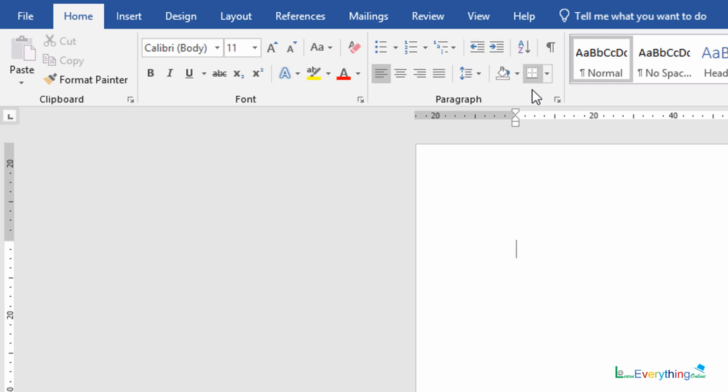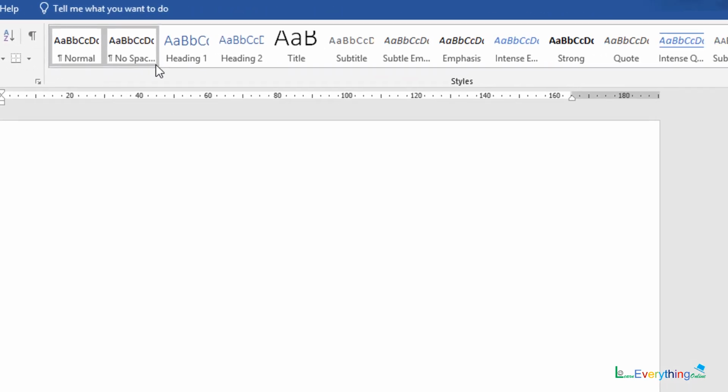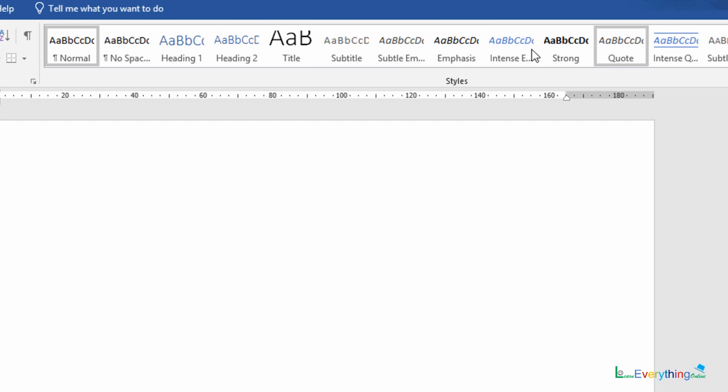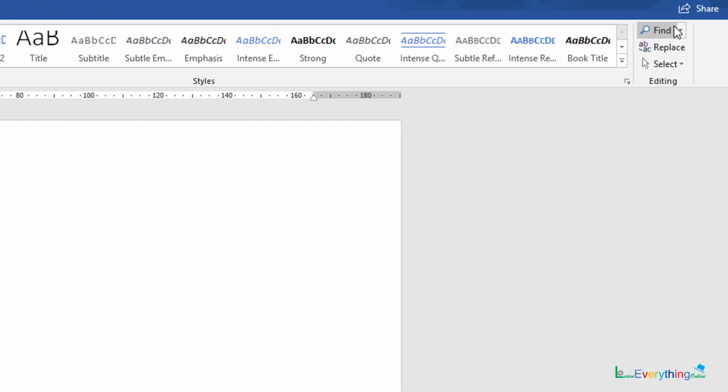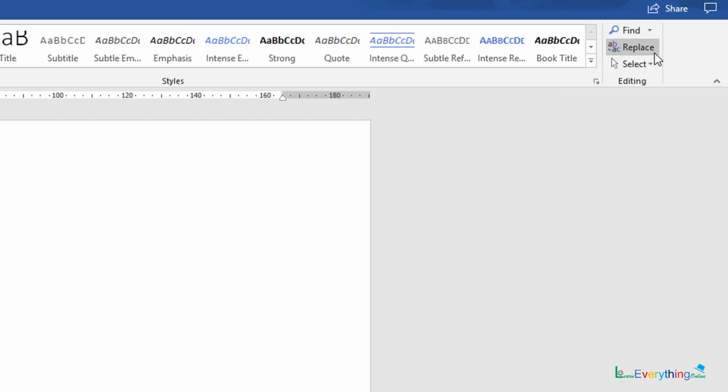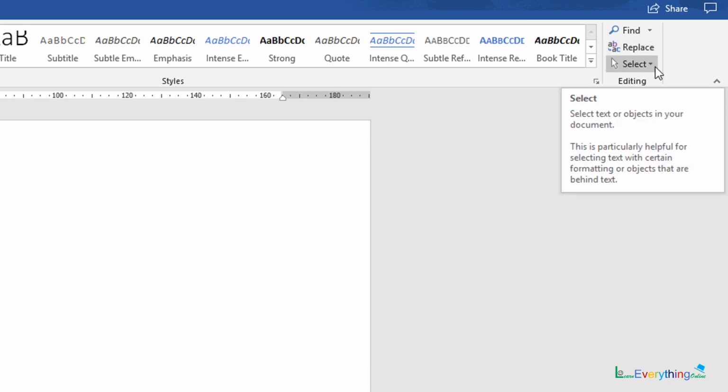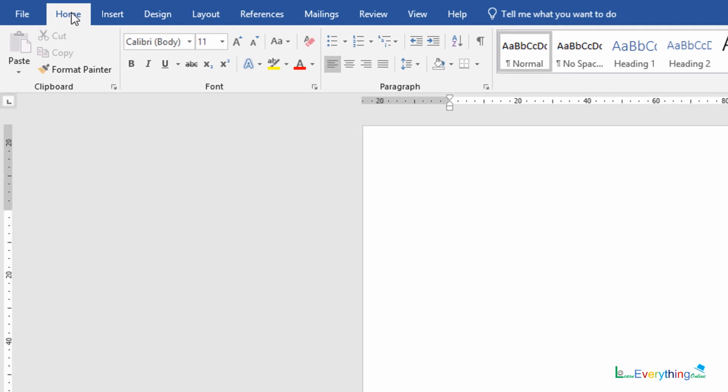This particular group is related with position, numbering. This particular group is a ready-made gallery, in which you are not supposed to think about which color, which font size is suitable for a heading. You can just apply this Heading 1 and you will get this type of ready-made font as your heading font. You can search for any text, you can replace that text, and you can select multiple areas of your document. So this is your Home tab.